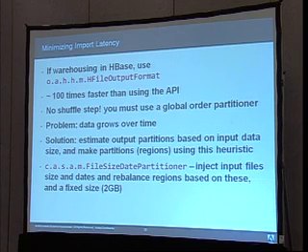And what the input filters do is they let the files come into the Hadoop MapReduce computation. And as a side effect, they write the size of these files and the name of these files into an HBase table. This HBase table is then queried and injected into this partitioner, so we can rebalance regions based on the actual file sizes.